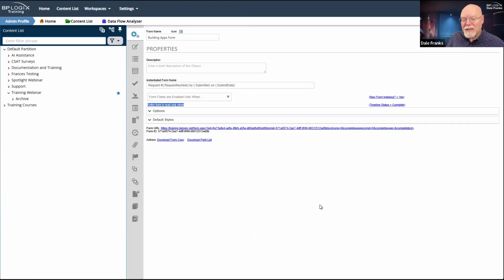But by setting the form as read-only, if I change that value and I hit submit, whatever I changed it to just gets ignored. Any changes to the data on the form, irrespective of whether the field is enabled or disabled or what have you, will be rejected because timeline status is complete. That form is now read-only.